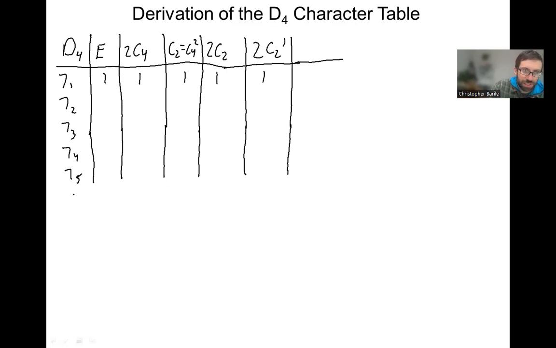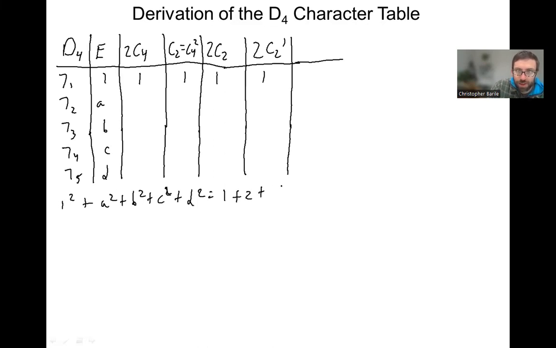Now we start using our various character table rules. One of our first rules is that the sum of the squares of the characters under the identity class, which refers to the dimensionality, is going to be equal to the order of the point group. What I mean by that is, I'll just call these A, B, C, D as we derive this character table. So 1 squared plus A squared plus B squared plus C squared plus D squared is equal to the order of the point group, which is equal to the total number of symmetry operations in the point group, which we just found out was 8. It's 1 plus 2 plus 1 plus 2 plus 2,